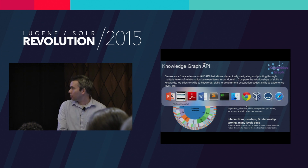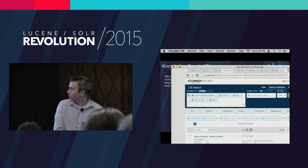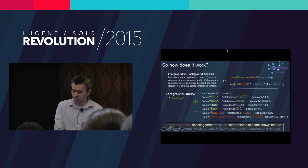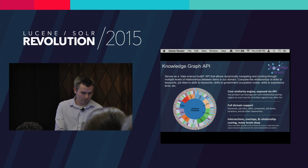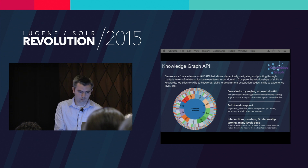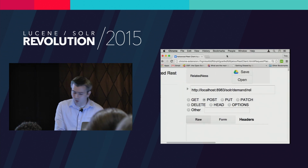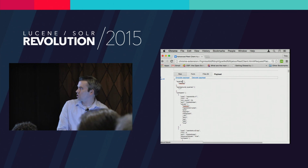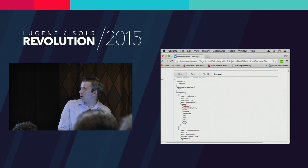Actually, let me just go ahead and show you an example. This is going to be quite big. This is our interface for our knowledge graph. I'm passing in the text query of Hadoop. I could search on a title or a skill or whatever, because those are all fielded values in the index. I'm saying search on the query of Hadoop, and then I want to compare keywords from our taxonomy,